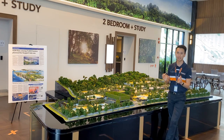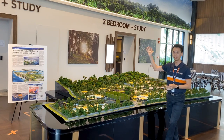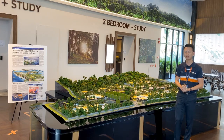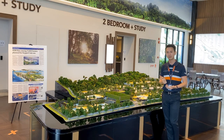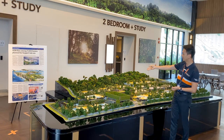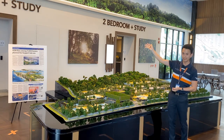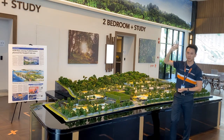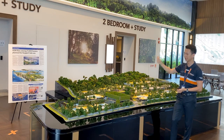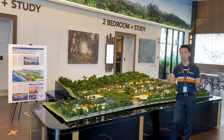And you don't have to park the car on top in the public car park, but you can access from your home. Meaning you can invite your friends, relatives to come to these Kent Ridge Hill Residences and park their car and walk up from this side gate in the morning for your hiking. After that, go all the way to Hort Park or even Mount Faber. After that, you walk back. You actually can access back from the side gate and go back to these Kent Ridge Hill Residences for maybe